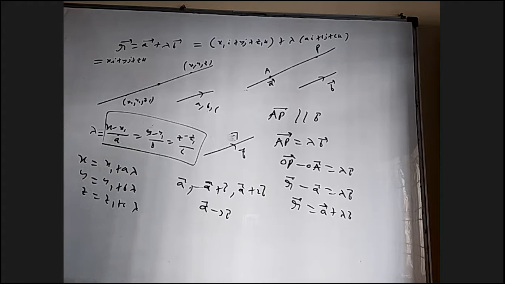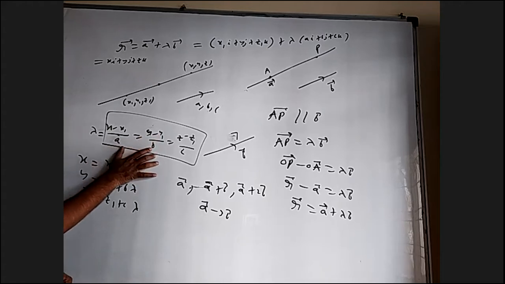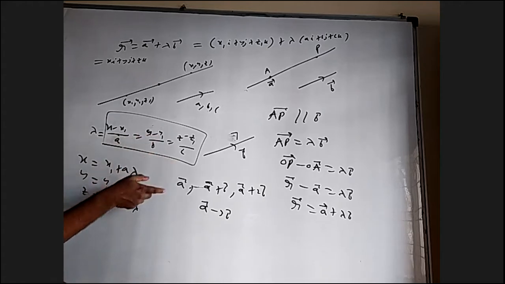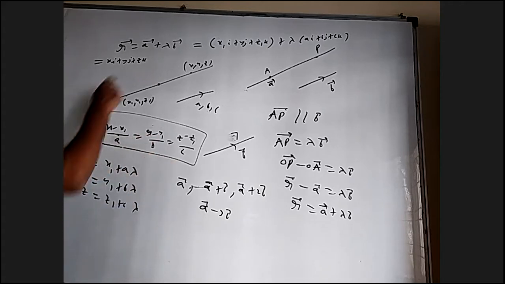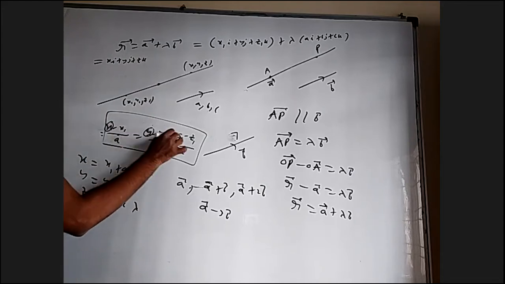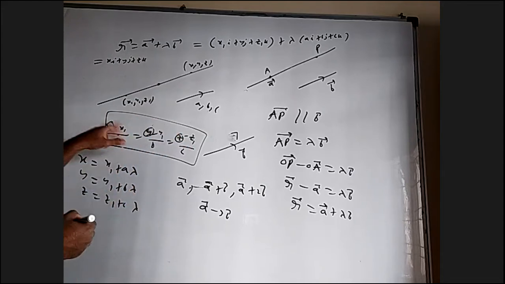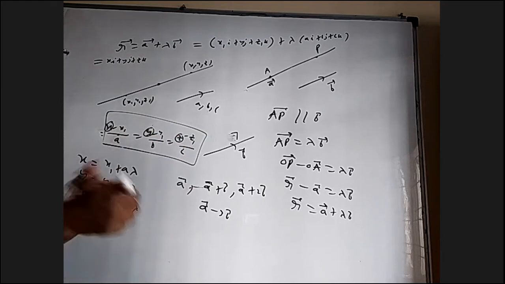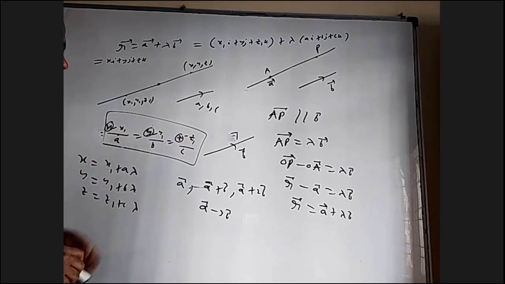So how will you know different points on a line in 3D geometry? You take lambda equal to 1, you find x, y, z, and you will get one point. Take lambda equal to 2, equal to 3. So here you are changing lambda. Like that, you change lambda here, you will get different points. If I give a point, how will you check whether it satisfies this line or not? Substitute that point in the place of x, y, z. If all the ratios come equal, that point is on that line. Otherwise, it is not on that line. Even if two are equal and the third one is not equal, it is not on that line. All right.